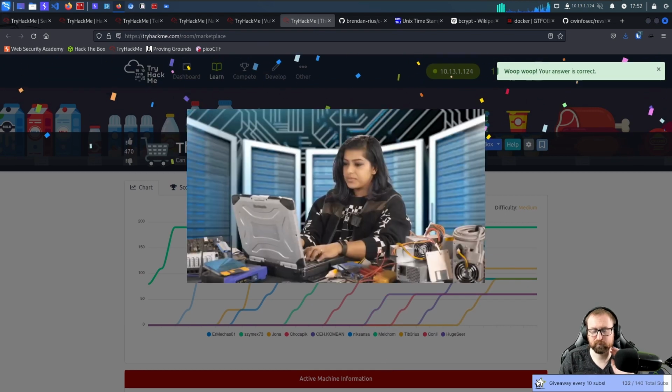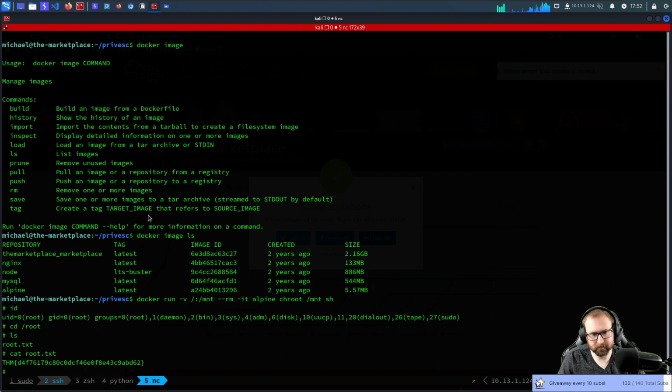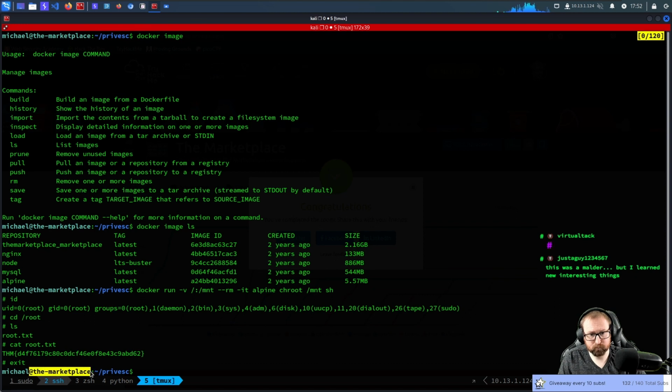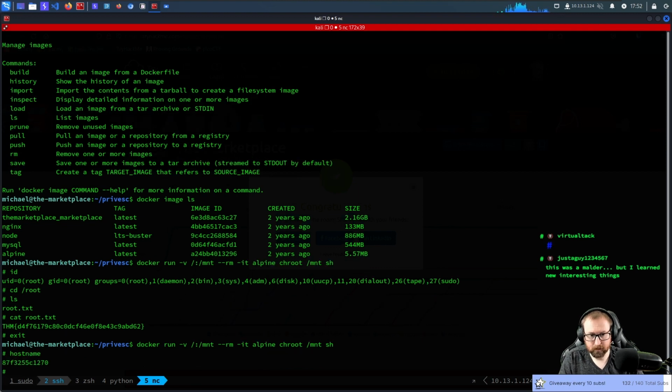So we got it. So I'll explain this command. So this command can go either of two ways. When we were root here, we weren't actually root on the marketplace. In fact, maybe I can demo that if I do hostname. You see how this is the hostname of the Docker container we're on.